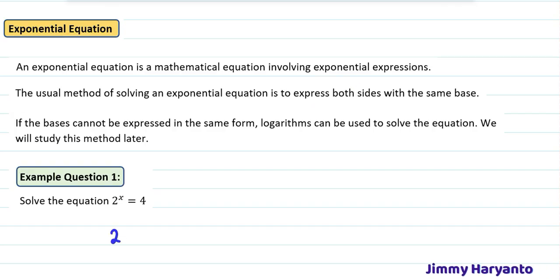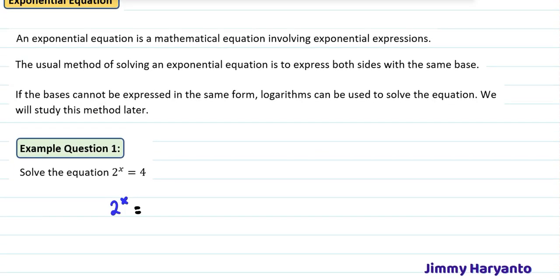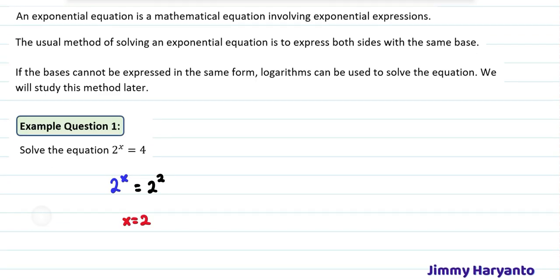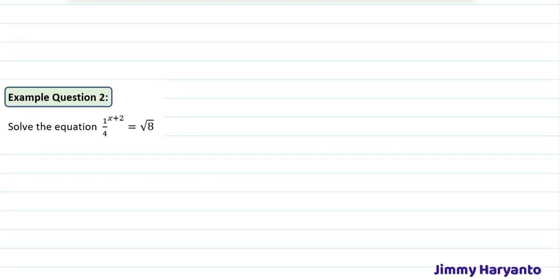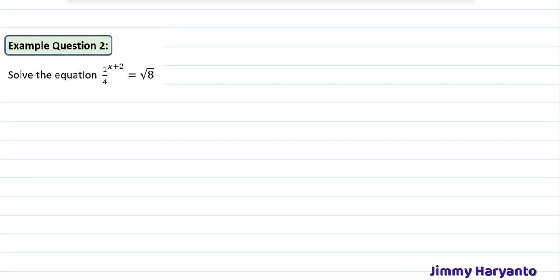So if the left side has 2 to the power of x, that means the right-hand side has to also be 2 to the power of something. So 4 is 2 to the power of 2, right? And then after that, because the 2 is already the same, we can ignore it. And then we will have x equals 2. Not cross out. You can say it's cross out, but the idea is not to cross out, but to ignore it. Okay? And then example 2, we have 1 over 4 to the power of x plus 2